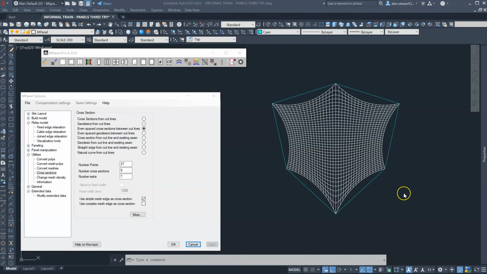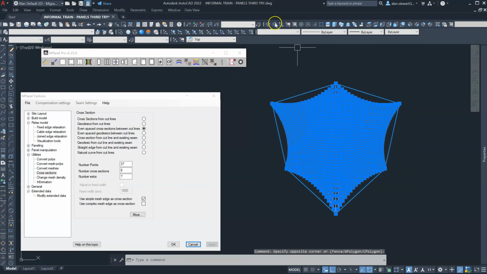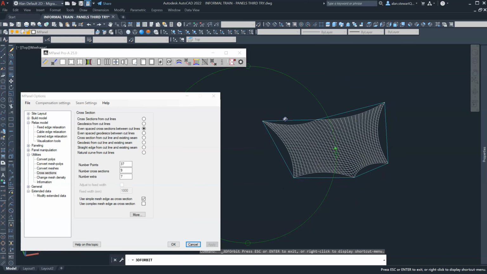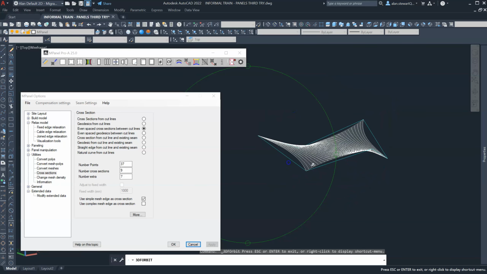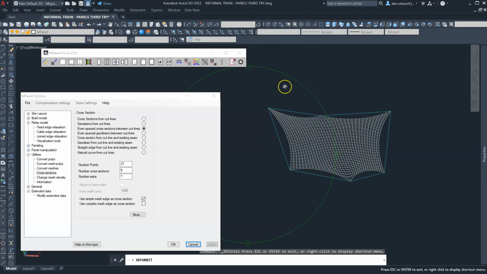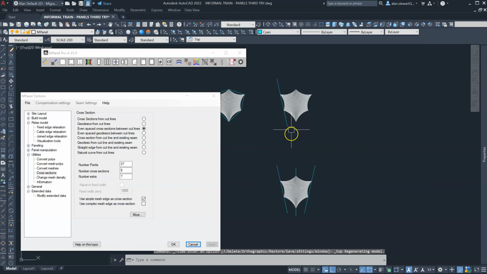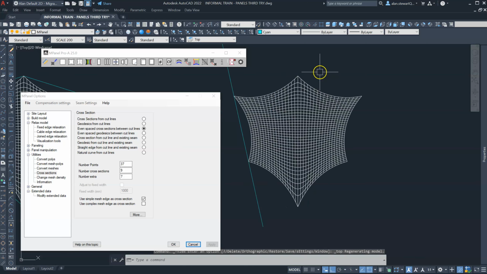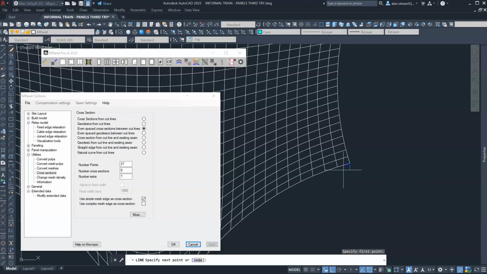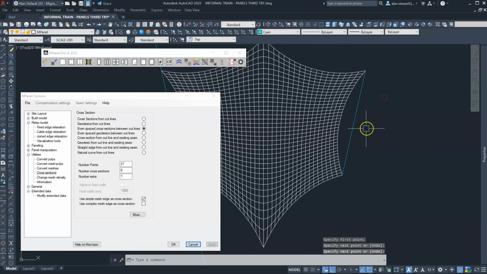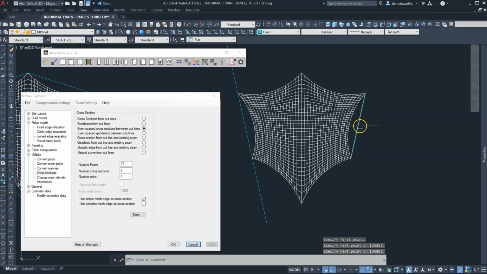So we want to panel this six-sided shade sail using cross sections. You can see it's a wave shape. So the first thing we do is take a copy of the mesh and draw a line connecting the bottom left corner of the mesh to the top left corner, and then another line, again from the bottom to the top. Now the reason we're doing that is these lines will dictate the direction of the cross sections